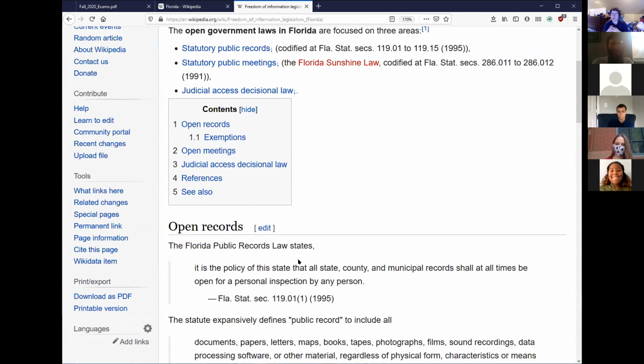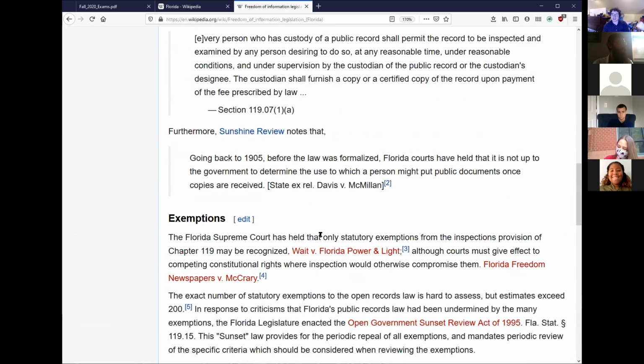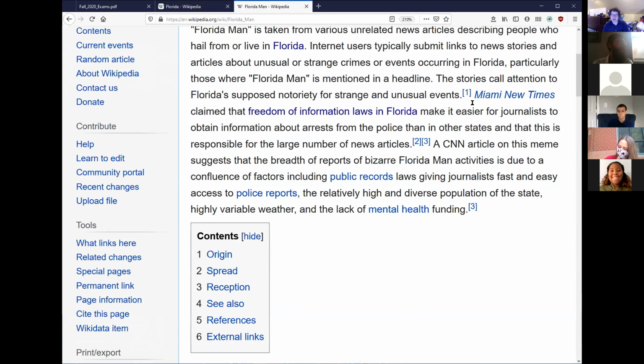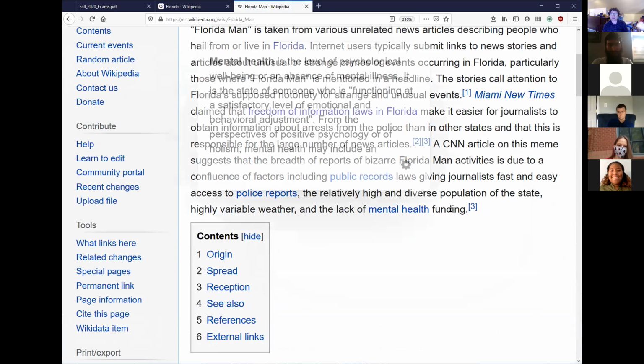The idea here is that Florida has very, very awesomely transparent freedom of information laws, which basically means that it's very easy for any kind of journalist to go into the police department records and look up what kind of crazy news is going to catch your attention on the headlines, right? So if we look over here, we see that the Miami New Times claimed that freedom of information laws in Florida, those aforementioned things, make it easier for journalists to get that information about those arrests. CNN,